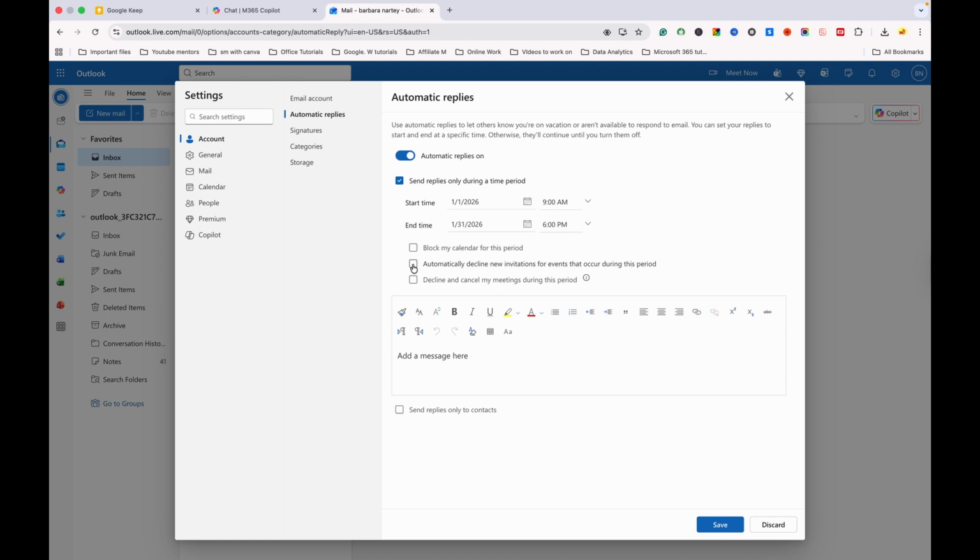And this option that says automatically decline new invitations for events, because you will not be available for this time frame. In case you want to decline new invitations, you can go ahead and check this box. Then you can also decline and cancel meetings during this particular period. All this is going to be automatic, so what you have to do is just check these boxes. Now you come over to the message box and type the automatic message that you would want